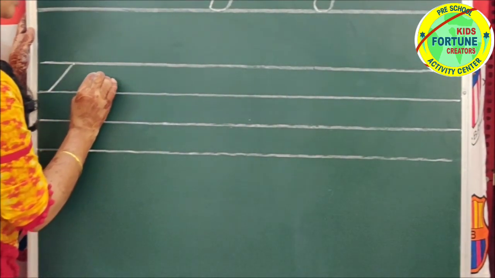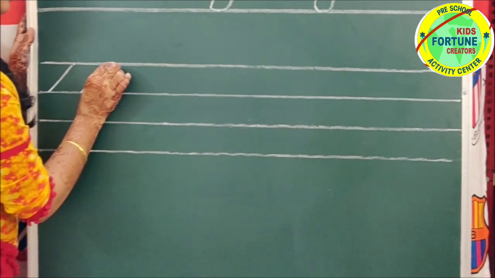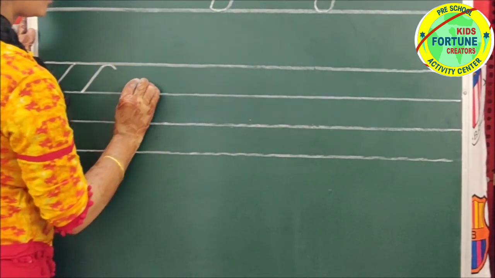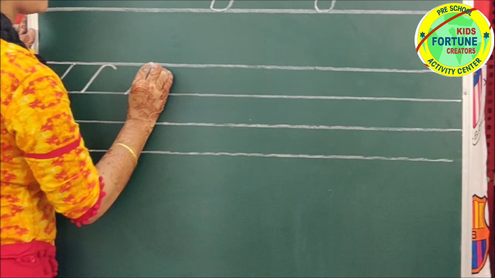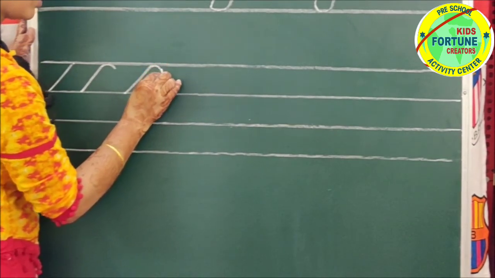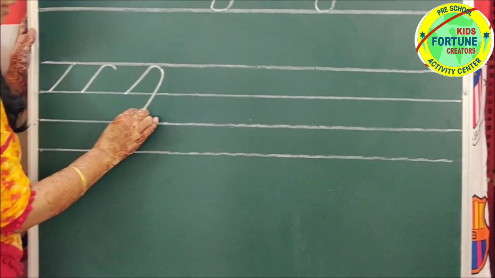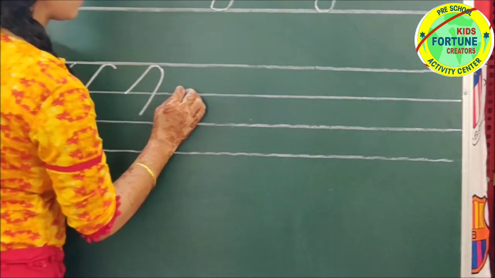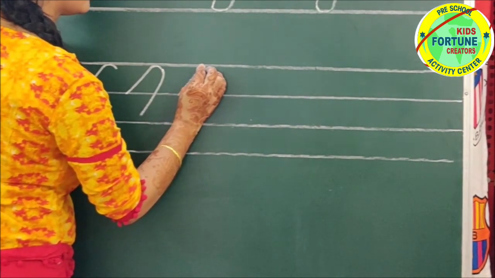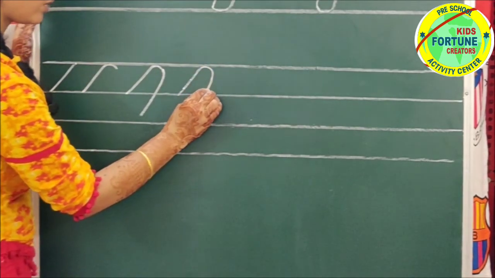Go up with slant line till top line. Make a small curve, go up with slant line till top line, make a small curve and come down with a straight line between second and third line. Go up with slant line, make a small curve, now come down with a straight line